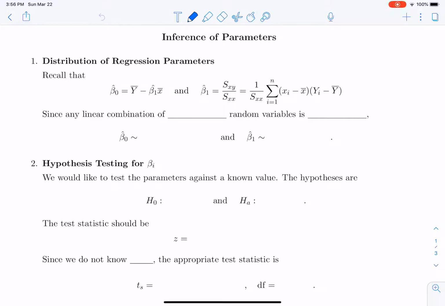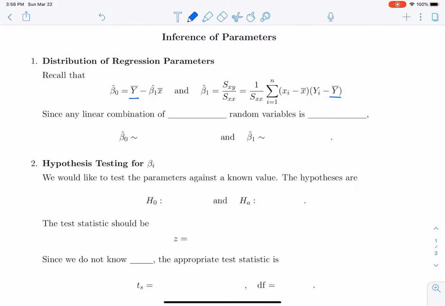We will begin by recalling some information about the distribution of our regression parameters. Note that beta 0 hat is y bar minus beta 1 hat x bar, and beta 1 hat is s sub xy over s sub xx. What's important here is that both of them are functions of y bar,